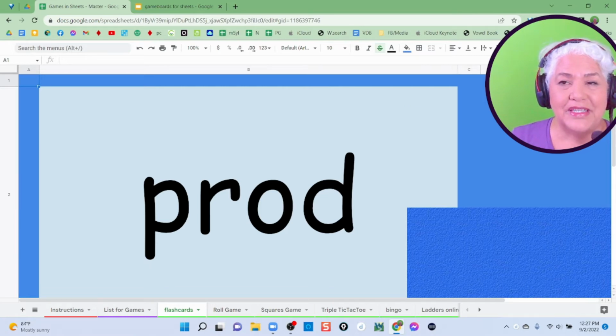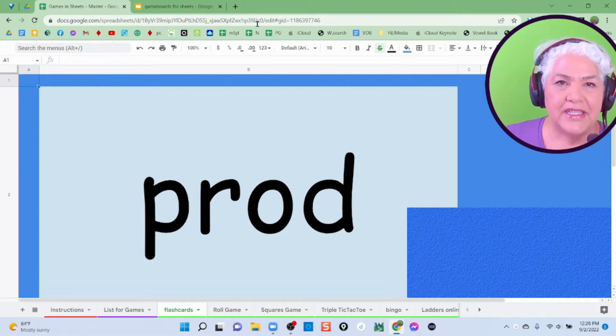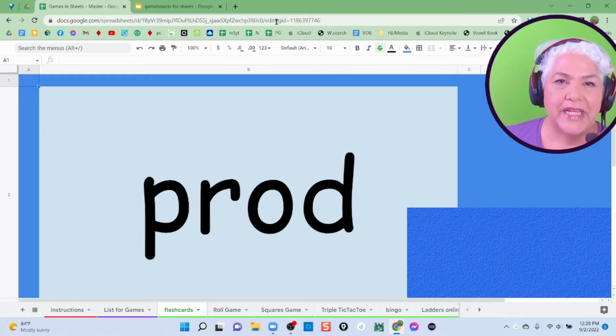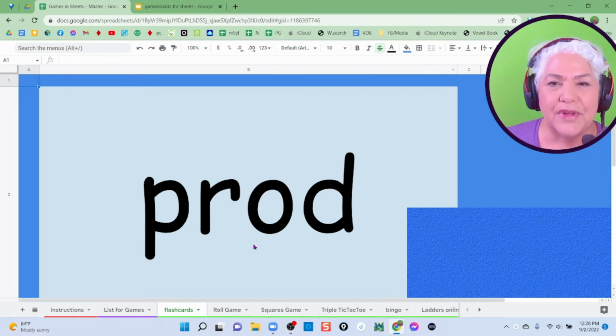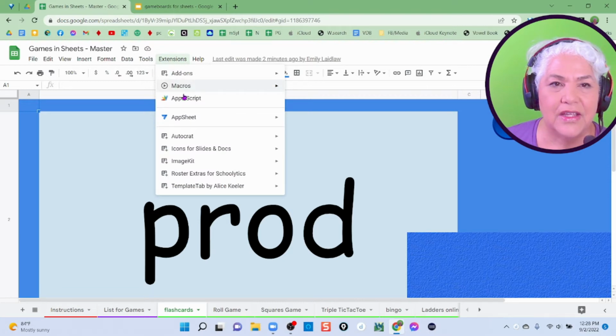If you go to this arrow here, now I like to have my display set up so that I have as little wasted space at the top as possible. And when I'm teaching virtually, I leave this much up here so I can always put the screens up there. So when I'm sharing this with a student, I can see them and they can see me. The student always has space on their computer to put the cameras, so we're not covering up any of our work. But to get to the menu, you would have to hit the down arrow, and that reveals more of this. The script is here where it says extensions. If you look at extensions and go to app script,